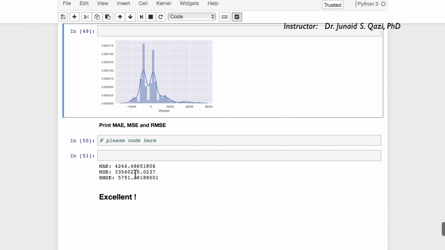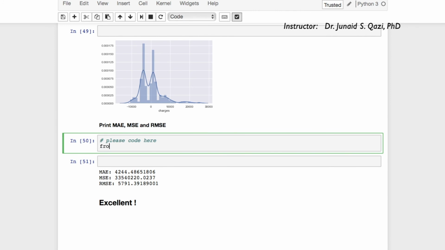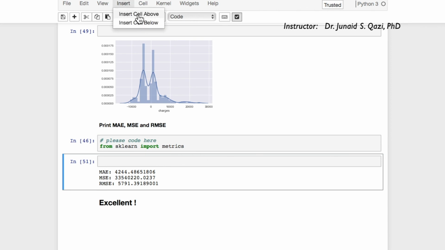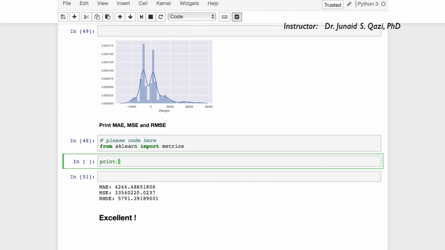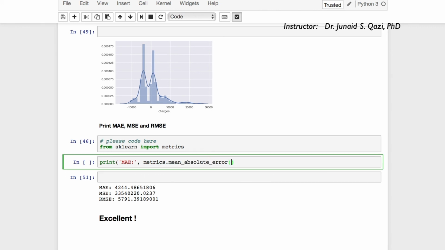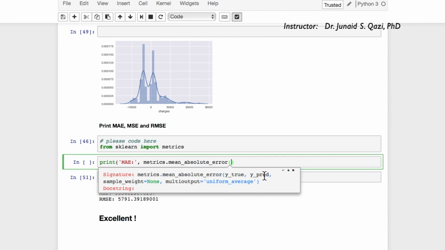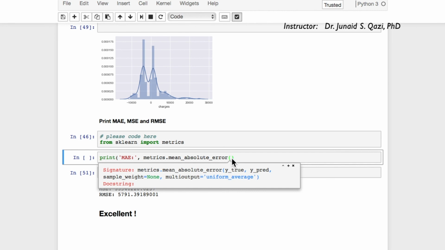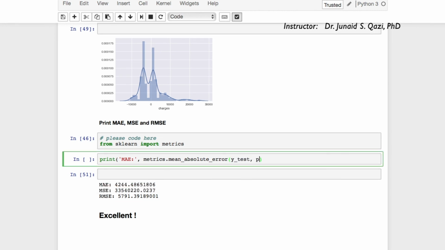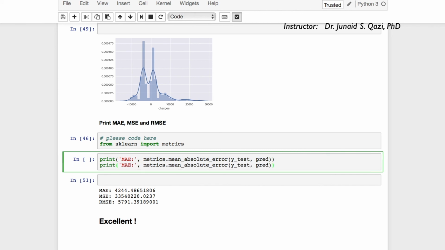So the last thing he's asking for: print MAE, MSE, and RMSE. To do this, we need to import metrics as well. So from scikit-learn, import metrics. Let's run this cell and add a new cell, and then print MAE, metrics dot mean absolute error, and if you press shift tab, pass in y true and y pred, so the y test and predictions. So y test and pred, and then close the parenthesis here, copy this one again, paste 2 times,